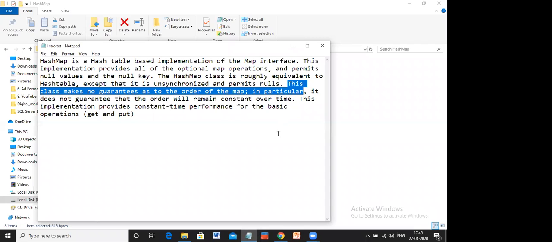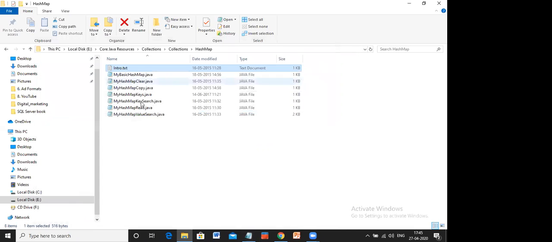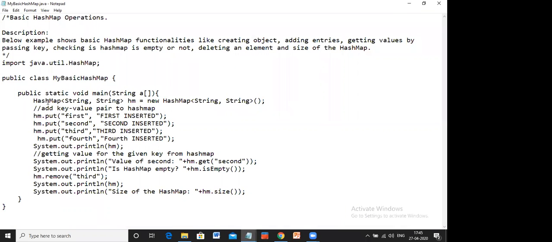Okay, so let's see an example. Now HashMap. Here we are seeing the examples related to generic HashMaps, where we are creating a HashMap. Look at this.